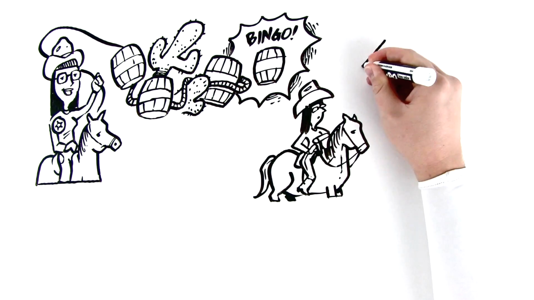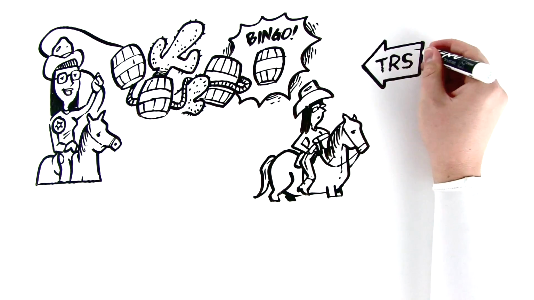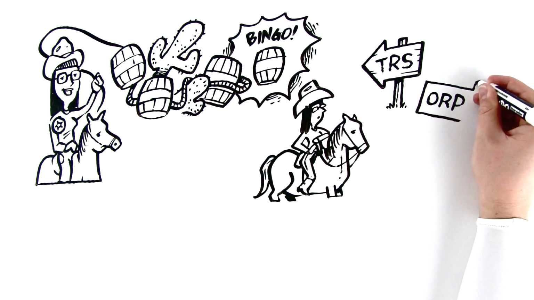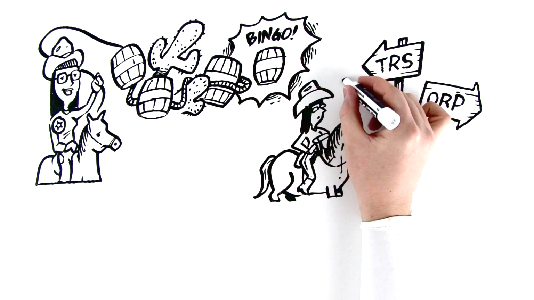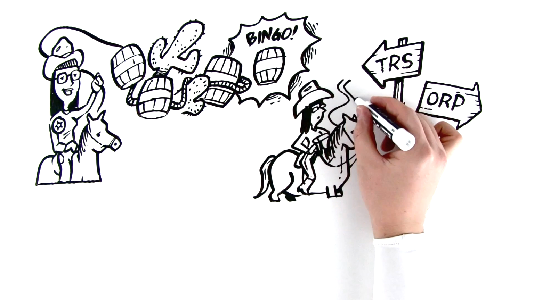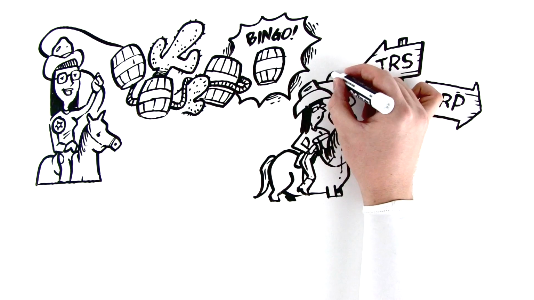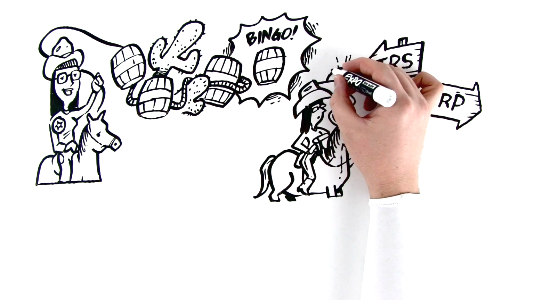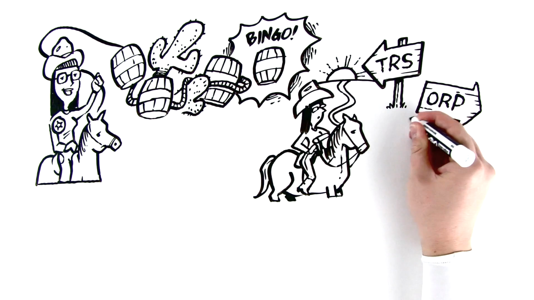First of all, Joan can choose between a TRS, or Teacher Retirement Savings Plan, or an ORP, meaning Optional Retirement Program. Her default plan, the one she's automatically enrolled into, is the TRS. Great, but what if Joan really wants to consider her options? She doesn't have any time for dilly-dallying.